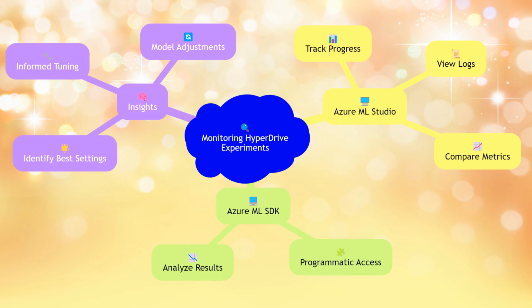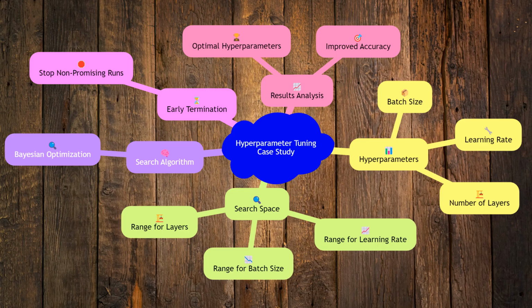tuning or model adjustments. Let's consider a case study where we tune the hyperparameters of a neural network for image classification. The hyperparameters to tune include the learning rate, batch size, and the number of layers. Using Hyperdrive, we define a search space for each hyperparameter and choose Bayesian optimization as the search algorithm. We also set an early termination policy to stop runs that are not promising. After running the experiment, we analyze the results to find the optimal hyperparameters, which significantly improve the model's accuracy on